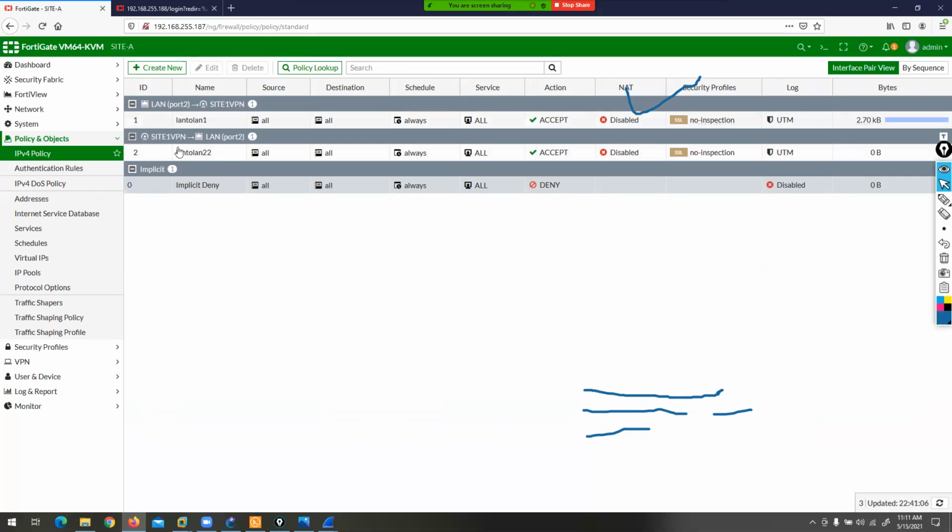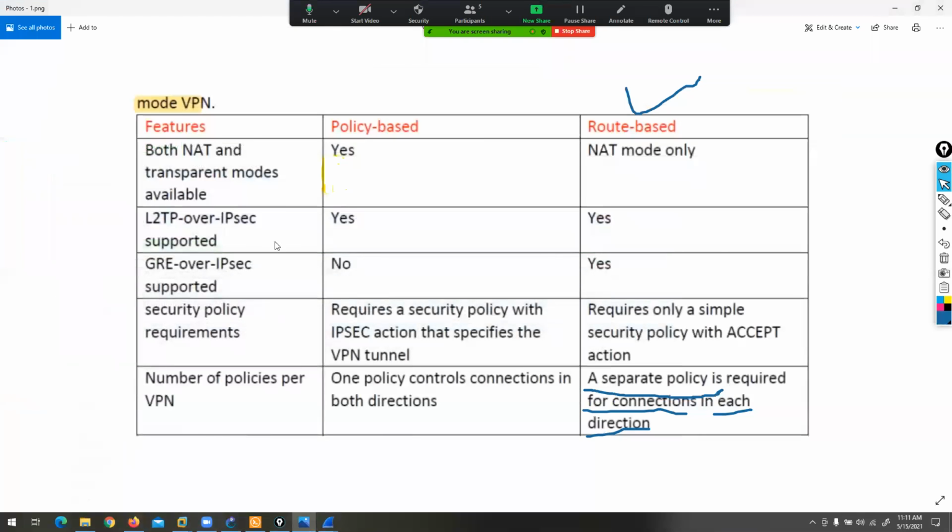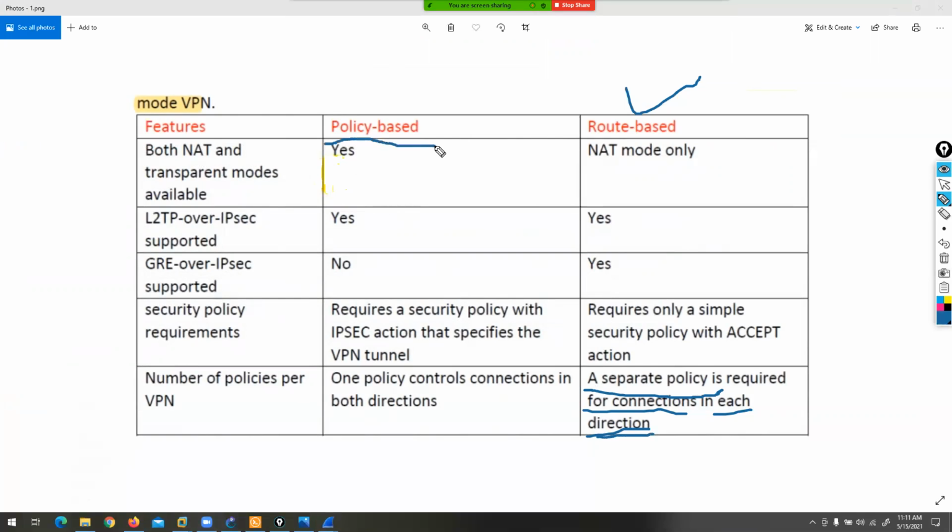It means we required a separate firewall policy for each direction. Good thing about policy-based is only one policy can control both directions. So for both directions, we required only one policy in policy-based VPN. Is that clear, the difference between policy-based and route-based, guys?